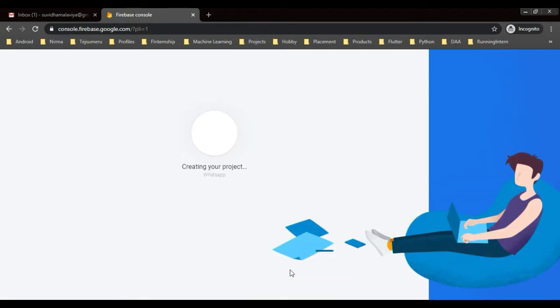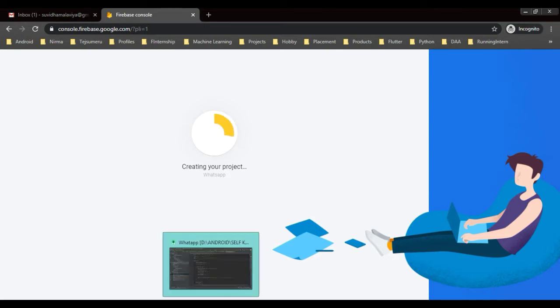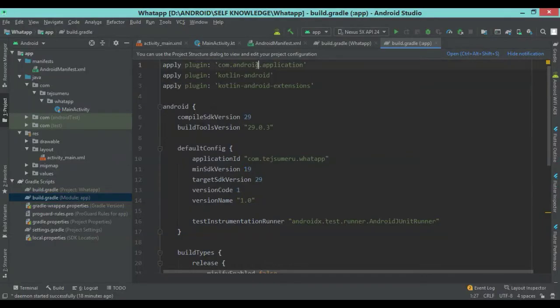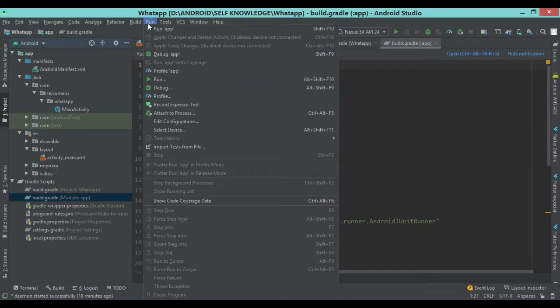You have to provide some basic information like the package name of your application, and you have to download the JSON file and put it into your Android project so that our integration is done. You can also integrate your project by using Android Studio itself.